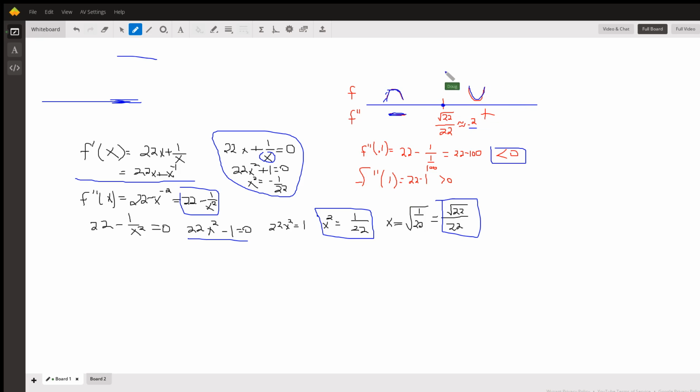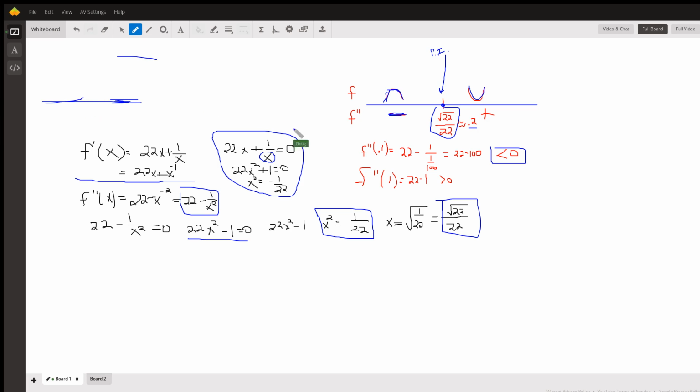Since the concavity changes at this point, that is a point of inflection, or the x-coordinate of a point of inflection. If you actually wanted to find the y-coordinate, you'd have to take this number and plug it into the original function